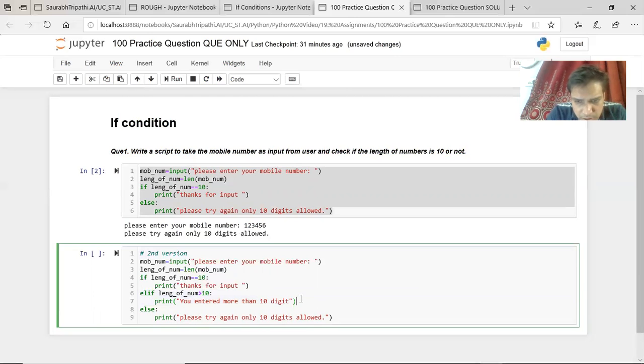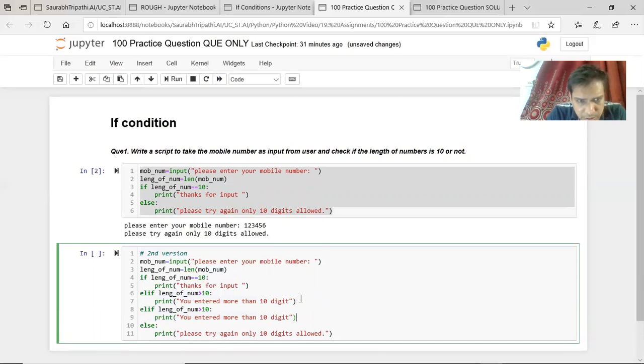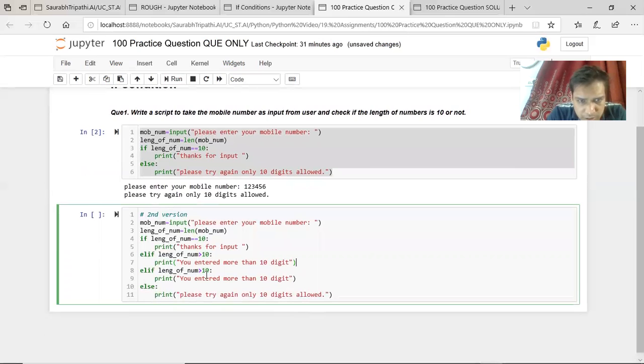Same scenario, again, and in this, you will write the opposite. So if the value is less than 10, you will write less than 10 digits. Okay. And one of the conditions will always be true, and if nothing really works, we have the backup, that is else, which might never get executed.